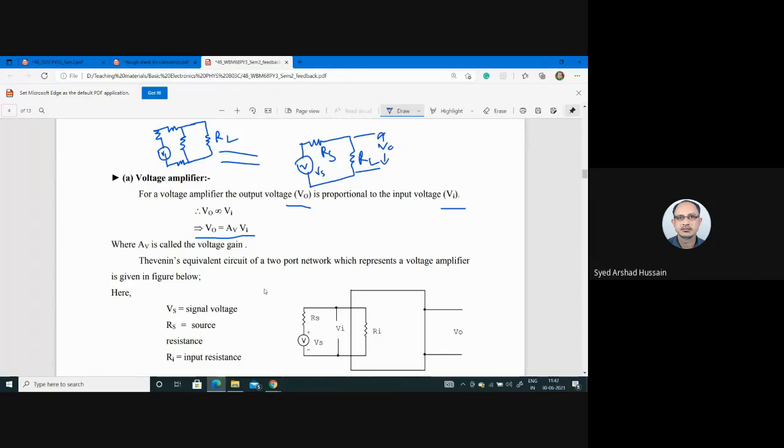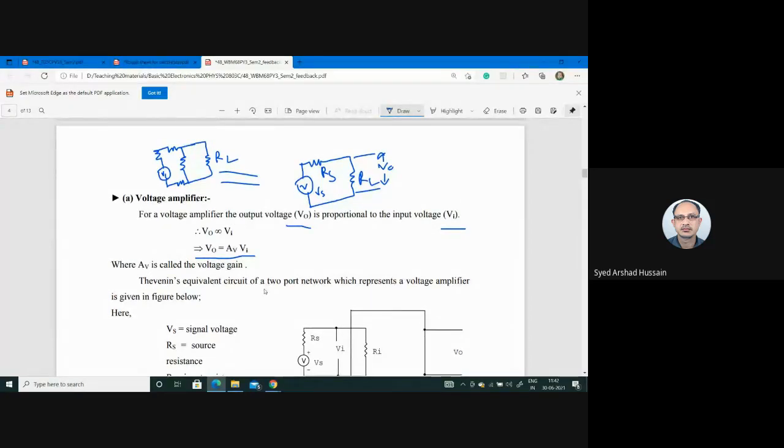Okay, so how will you do it? Normally, while calculating the equivalent resistance, you have to replace all the voltage sources. Here I have shown only one voltage source, but you can have more than one voltage source also, no problem. So replace all the voltage sources by their internal resistance. Say, for the sake of calculation, the internal resistance is nil, or you can put a resistance here, no problem. So if you omit it, and look from the outside,